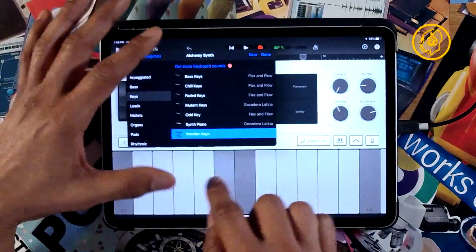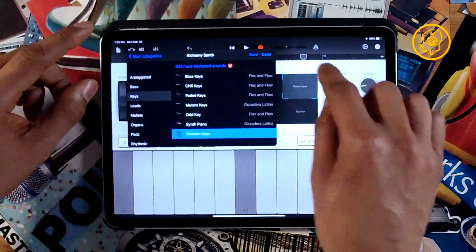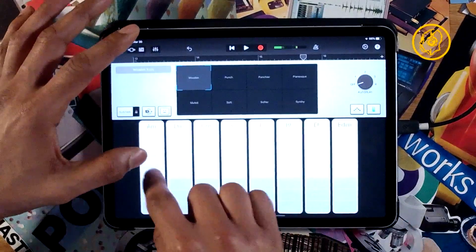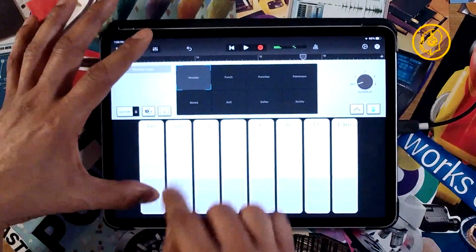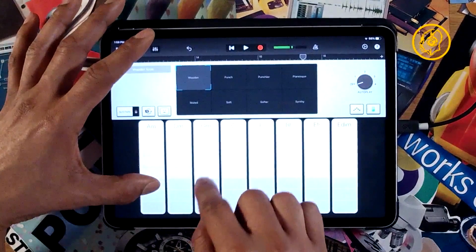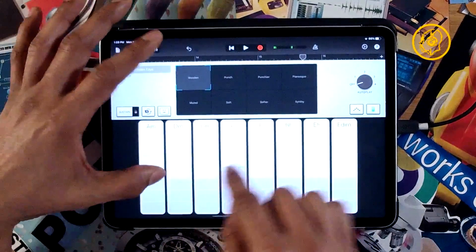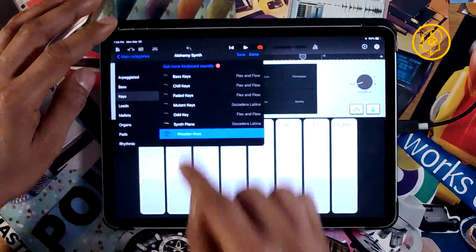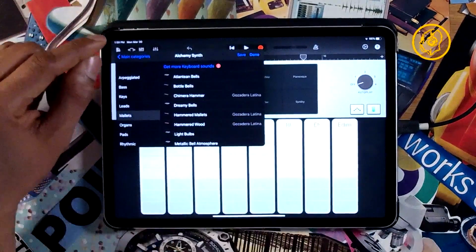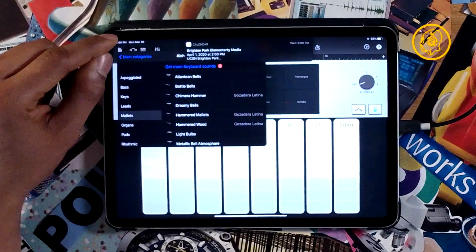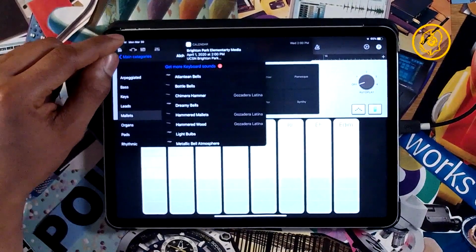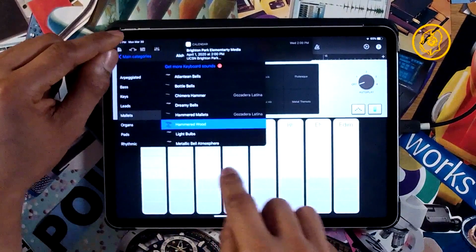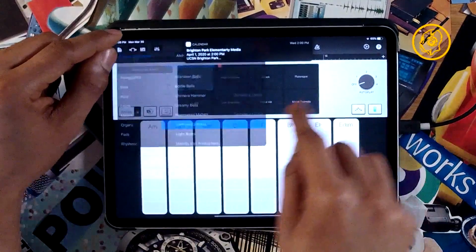Wooden keys. Ooh, look at this sound. That's interesting, but I don't think that's what we want. Let's find something. What's hammered wood sound like? What's that sound like together?